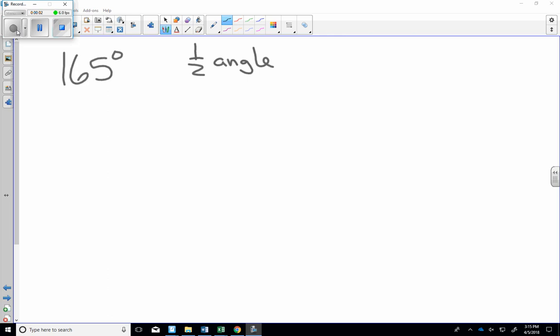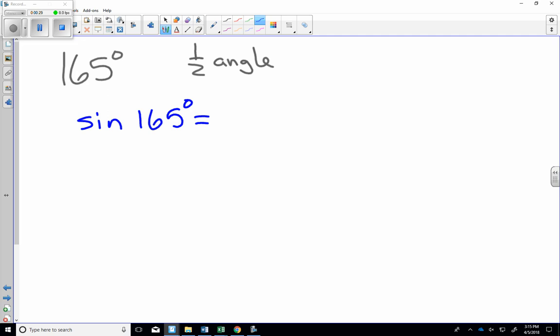All right, continuing on with the 5.5 section. A few other problems we'll look at would be this one here, and we want to use the half angle formula to figure out the exact value of, well, let's go with sine of 165 degrees. So for sine of 165 degrees,